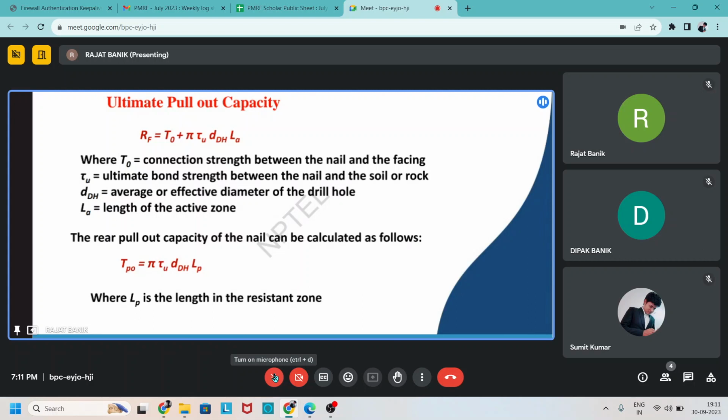The ultimate bond strength of the nail and soil or rock. D_H is the average drill diameter of the drill hole, is equal to the Q. And